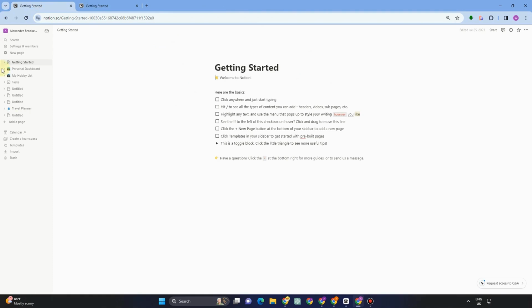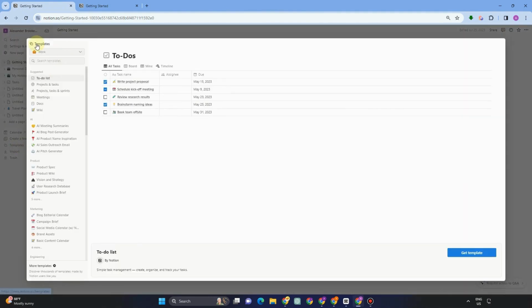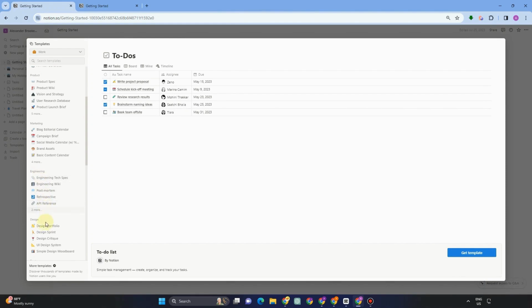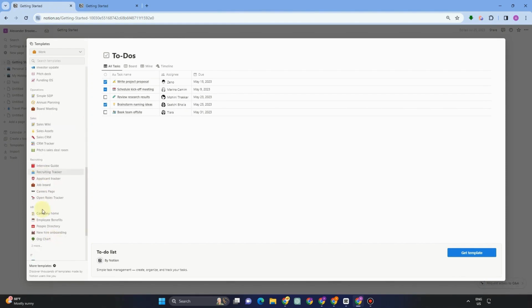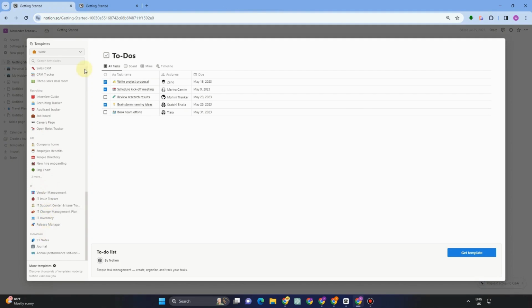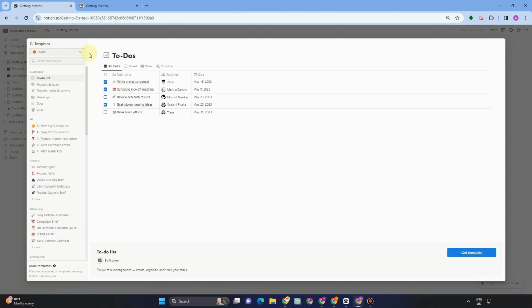So to create a travel planner, first, what you're going to do here is to scroll down and kindly locate these templates. So inside templates, you can see here different types of templates. But what you're going to do is simply go to this arrow facing down that is beside work. As you can see here, there are tons of templates related to work, like engineering, recurring, and so on. So what we're going to do here is to simply click this arrow facing down and then